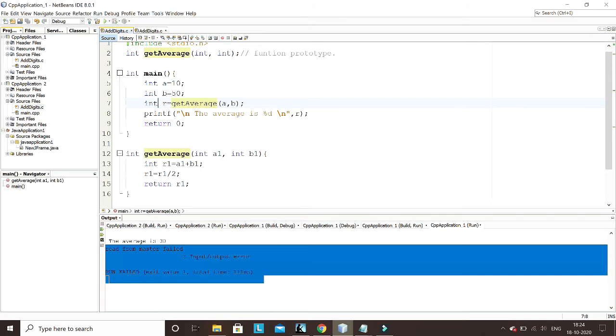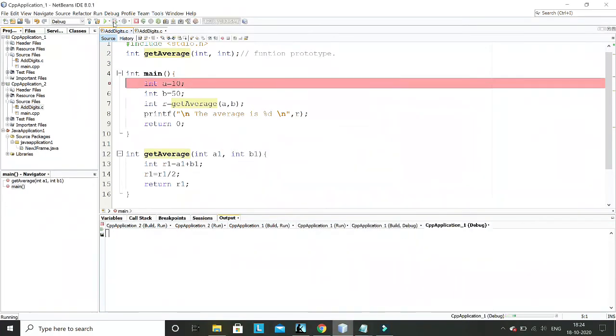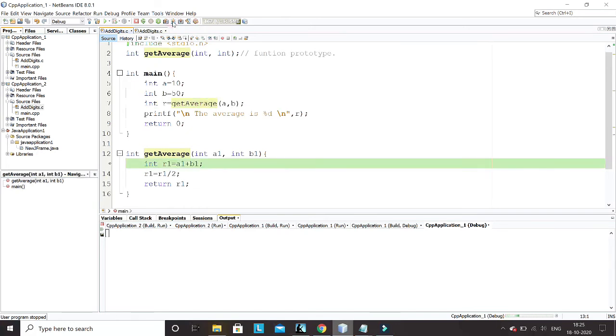Okay, so now let me debug this code for you. I'm putting a breakpoint here so that it will be easy for you to understand. A breakpoint means my program will stop executing here. This is called debugging. I'll post a separate video on debugging. So from here, if I start executing, a equals 15. Now from this line, if I click next again, the control will jump from this line to line number 12. See, it has jumped from here to here, and now it will execute this line.